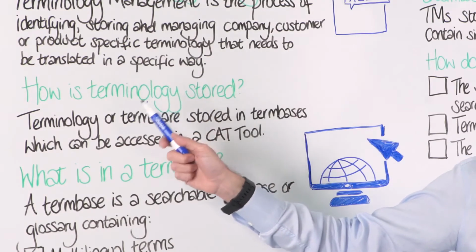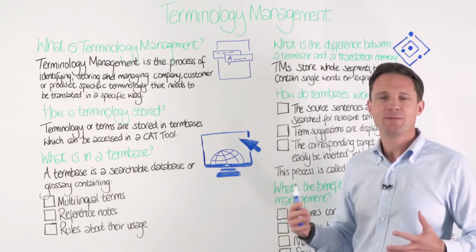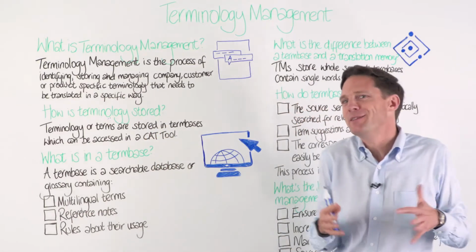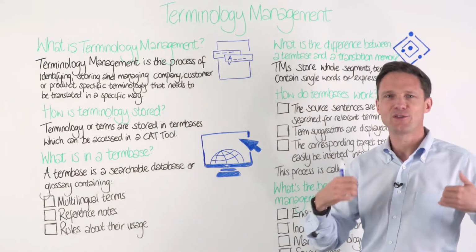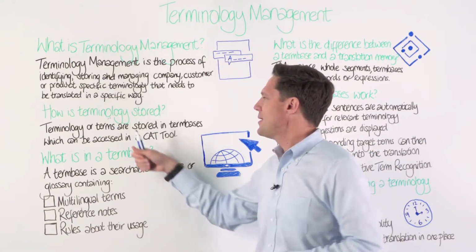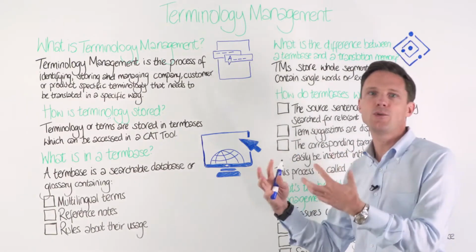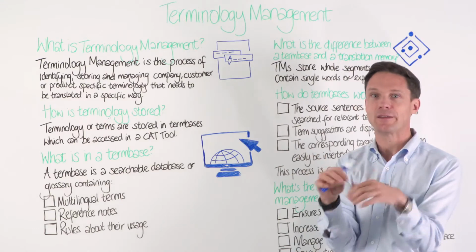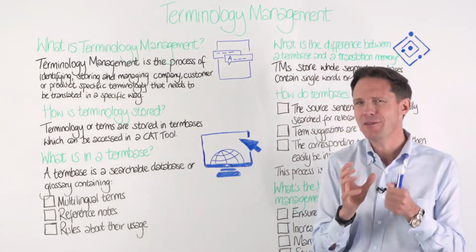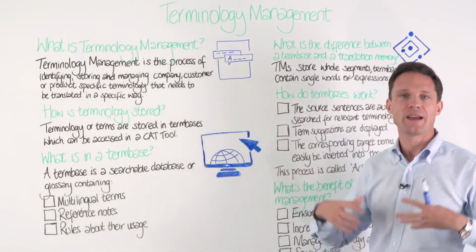So how is terminology stored? One way to make sure you keep these terms is to store them, funnily enough, in a term base. A term base is like a database, it's a place where you can store this terminology. And we'll look in a minute at what terminology is. And one of the interesting things is that not only do you want to store those terms, but you want to be able to use and access those terms. So when you put them in this term base or database, and I'm not using the word dictionary because it's a little bit different, then it can be accessed by a CAT tool, which is a software that can help you translate.